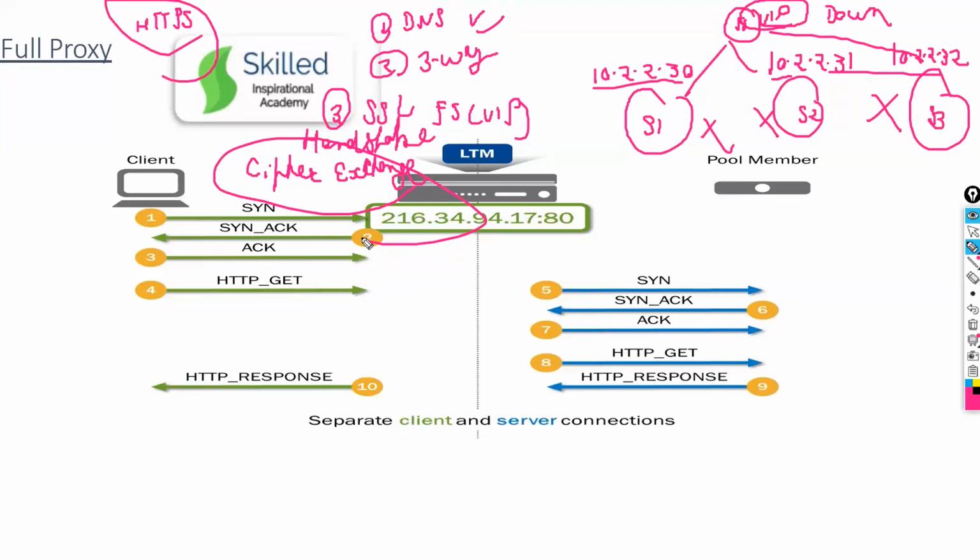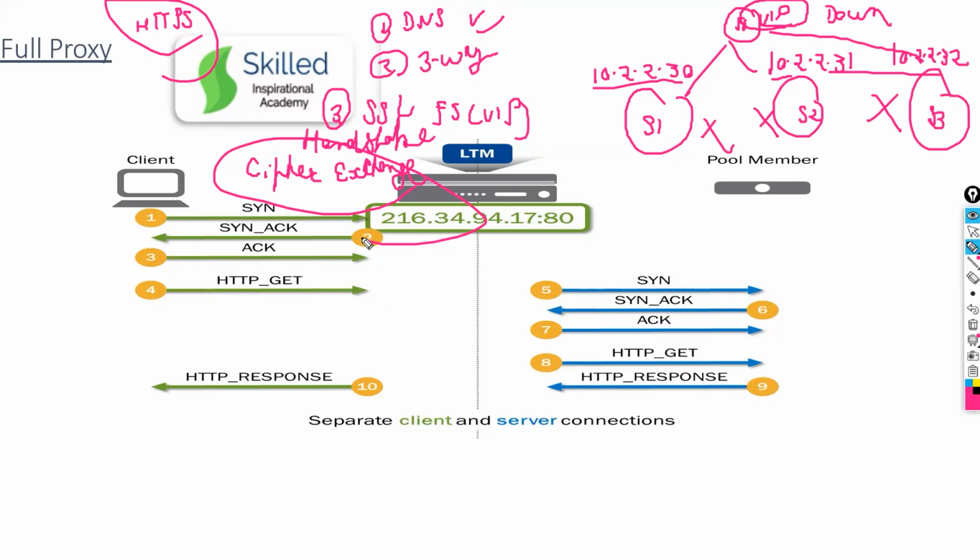Anyone can teach you load balancer, but that is how I teach, so that you can understand the exam point of view, the phase of the trouble which they ask. Everyone knows that certificate exchange will happen, everything will happen. But when SSL handshake failure happens, what is the main issue?